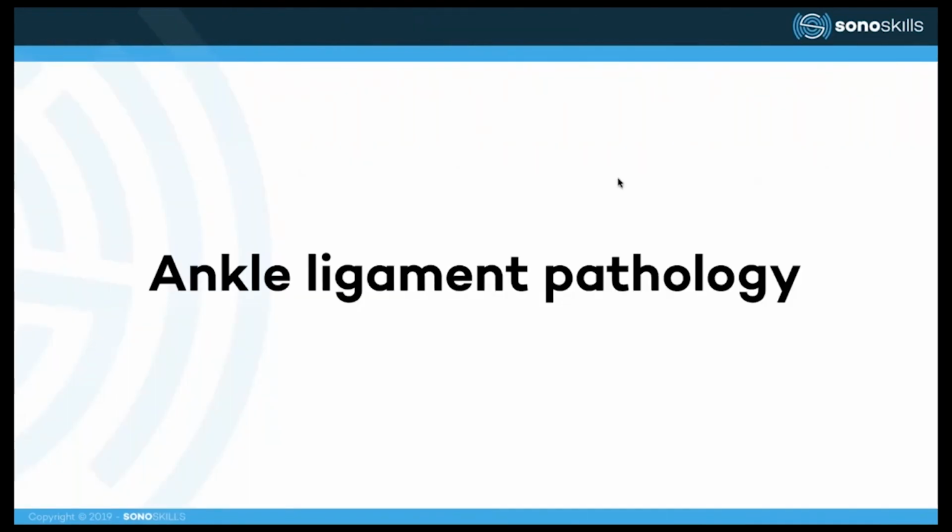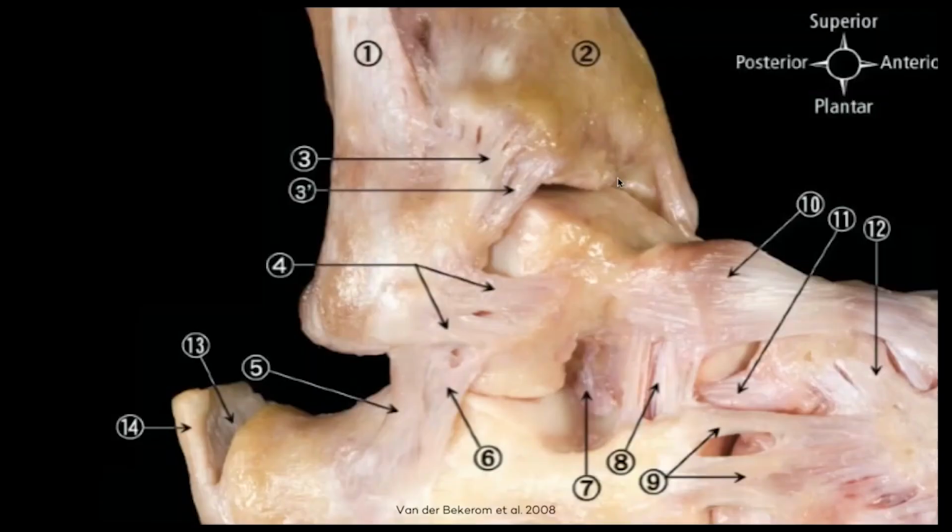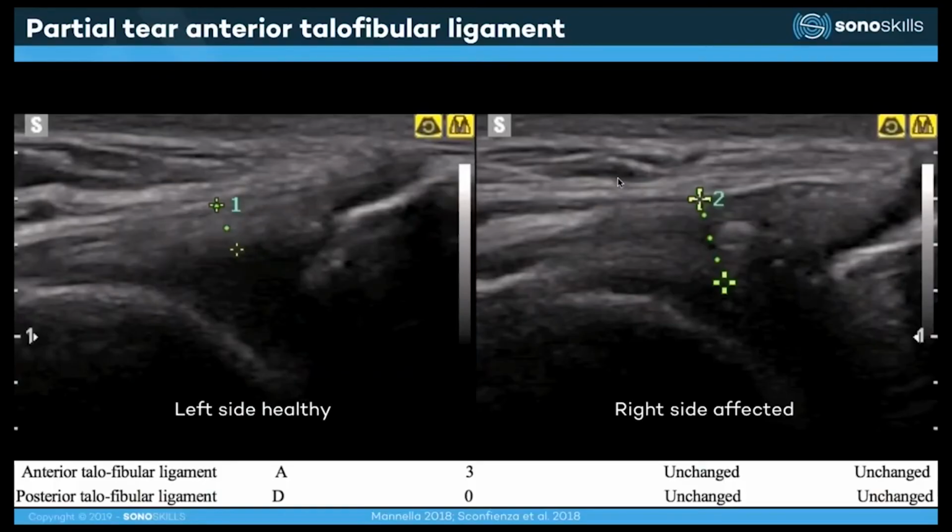So let's have a look at some ankle ligament pathology slides. The ankle joint has many ligaments, but let me focus on a few. The most commonly involved ones: the calcaneofibular ligament, the tibiofibular ligament, and the talofibular ligament. So looking at the bottom of the slide, we can see the anterior talofibular ligament is scored with a 3